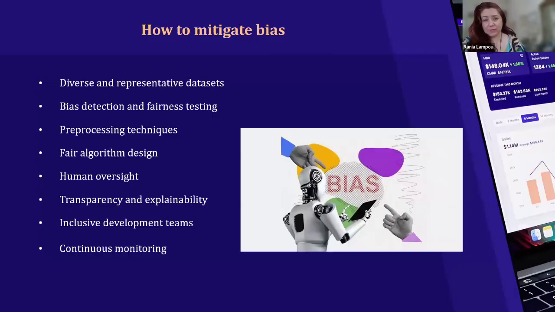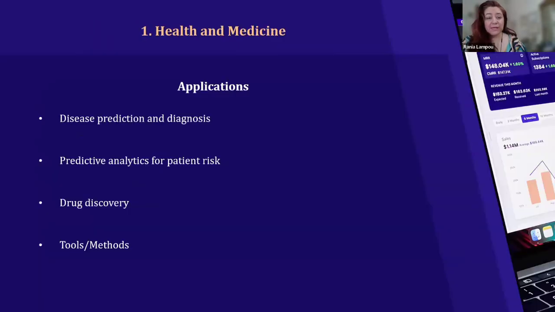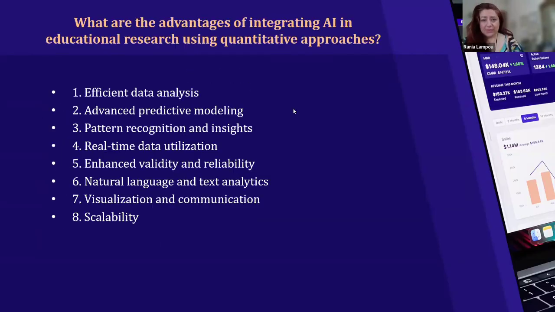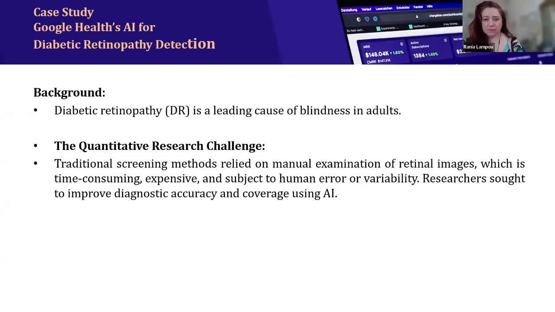AI has been applied to solve real-world problems, also in applications like disease prediction, in healthcare, in education, in marketing, in transportation, public policy. And of course, the advantages of AI in educational research, using a quantitative approach: it's about efficient data analysis, advanced predictive models, pattern recognition, real-time utilization, etc. And this is a case study, and hopefully we have time to explain this. Okay, here we can mention that